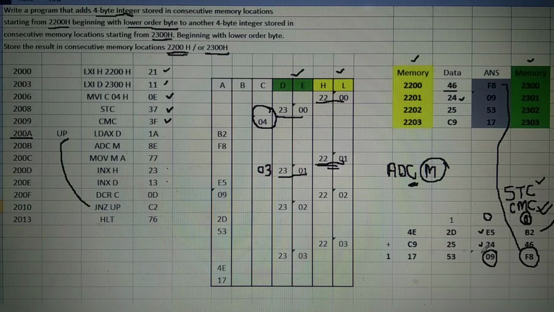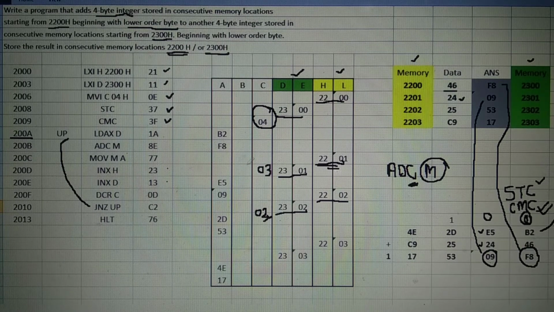That means here 09 is stored to the memory. This content gets erased, overwritten. INX H, it becomes 2202. INX D, it becomes 2302. DCR C, it becomes 2. That means 2 bytes are yet to be added. Jump if not 0, it is not 0.